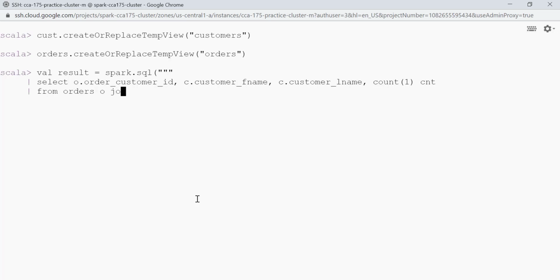orders O join customers C, and then we will be providing the join condition on orders O dot order_customer_id, which is equal to customer dot customer_id, and where C dot customer_fname like M. So that means customer first name starts with the M character, and this is my data,